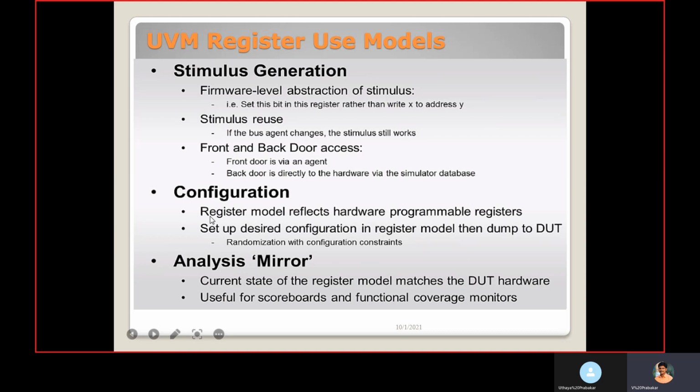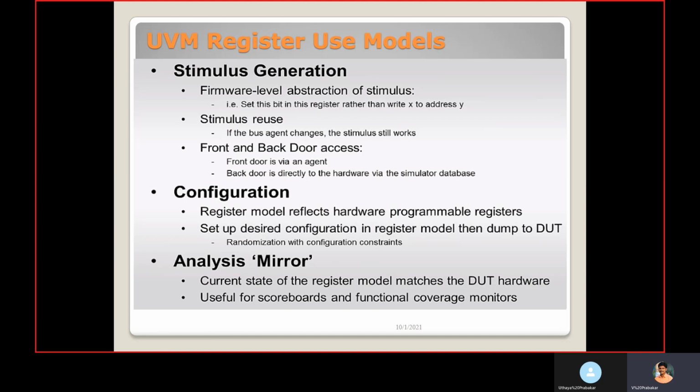Then configuration. Register model reflects the hardware programmable registers. Set up the desired configuration in the register model, then dump to the DUT. That is, first we set the desired value in the register model.